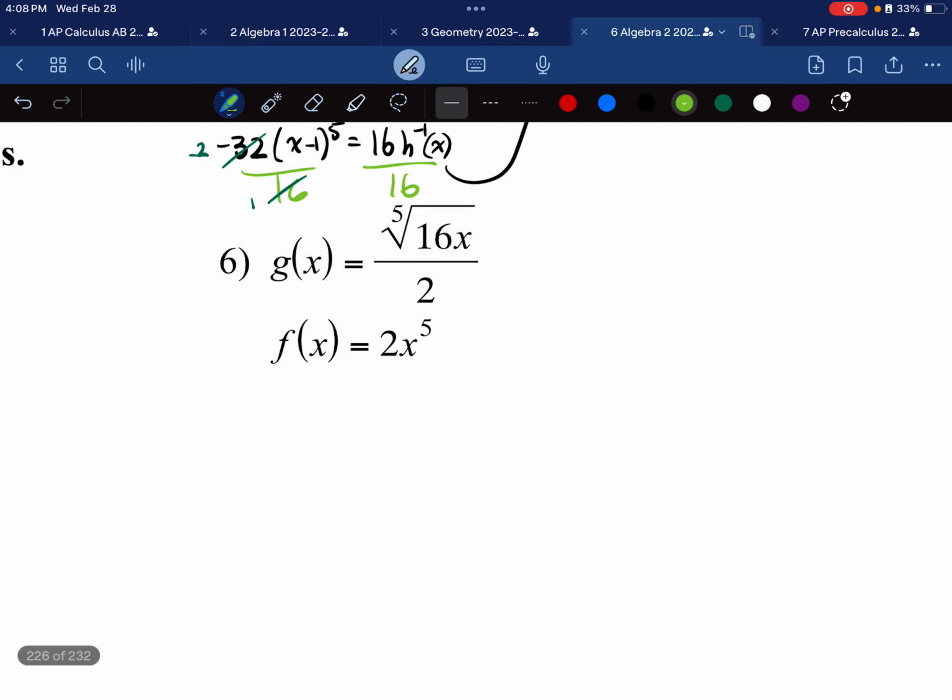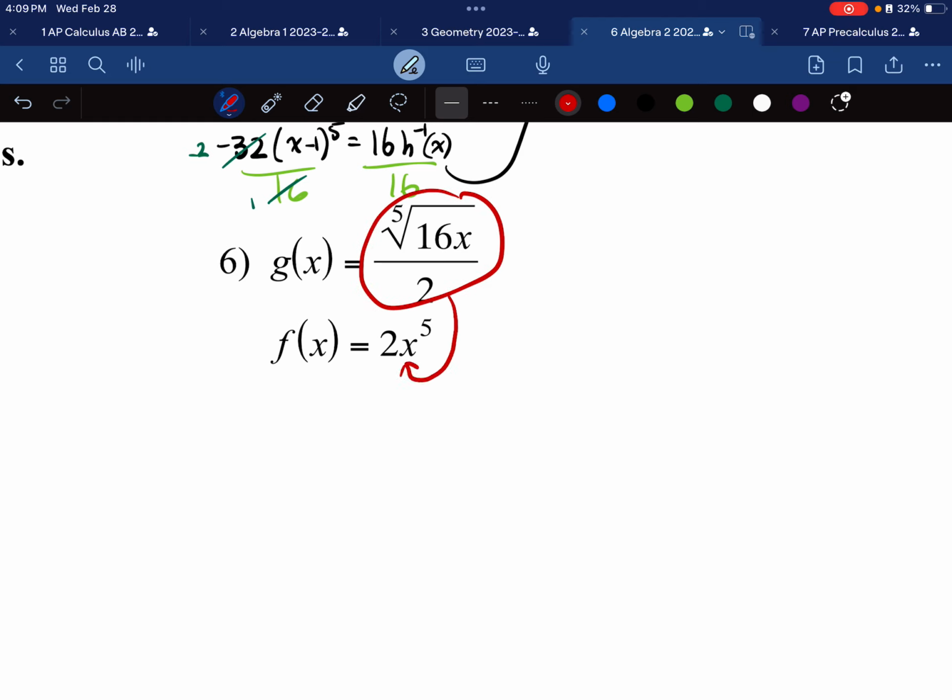All right, what about for number 6? Very possible, because I see a 2, I don't know where that 16 is coming from, but I see a 2 and 2, a 5 and a 5. Those will probably cancel each other out. I don't know where that 16 is coming from. Let's try. I'm going to plug in, it doesn't matter which way I plug in. Just to show that you can go the other direction too, I'm going to plug all of this into this